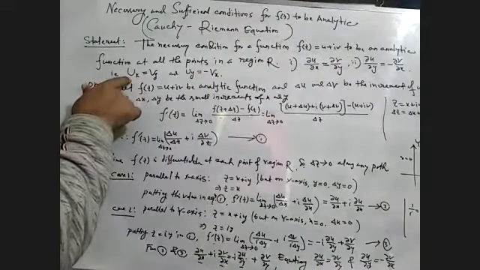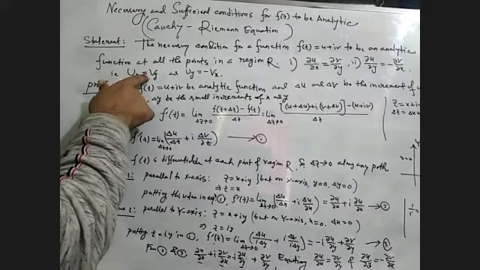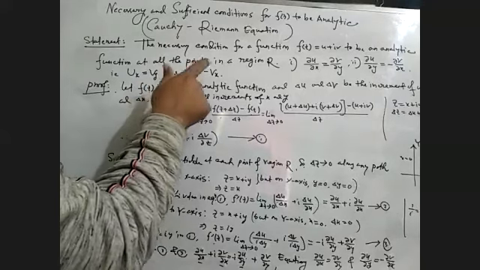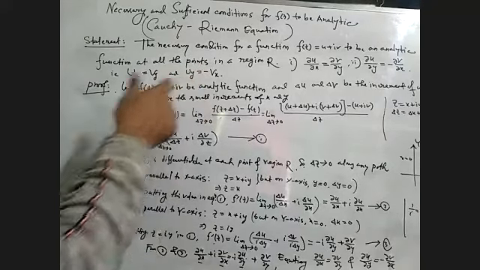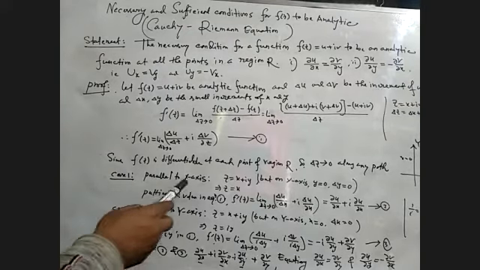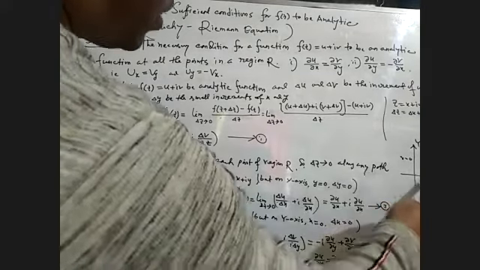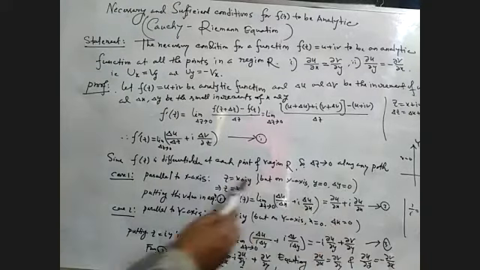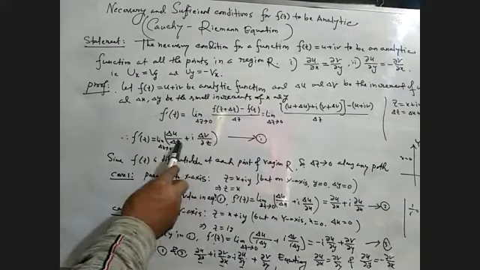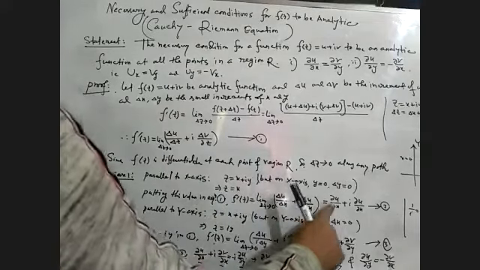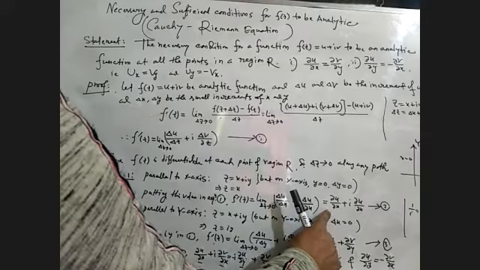That means the partial derivative of u with respect to x equals the partial derivative of v with respect to y, and the partial derivative of u with respect to y equals minus the partial derivative of v with respect to x. So there are two cases. One is parallel to the x-axis. Parallel to the x-axis means what? y equals 0, so the increment will be 0. This is why y equals 0 and z equals only x. Just putting z equals x in equation 1, we get this one. According to the definition of limit, we get the definition of partial derivatives.